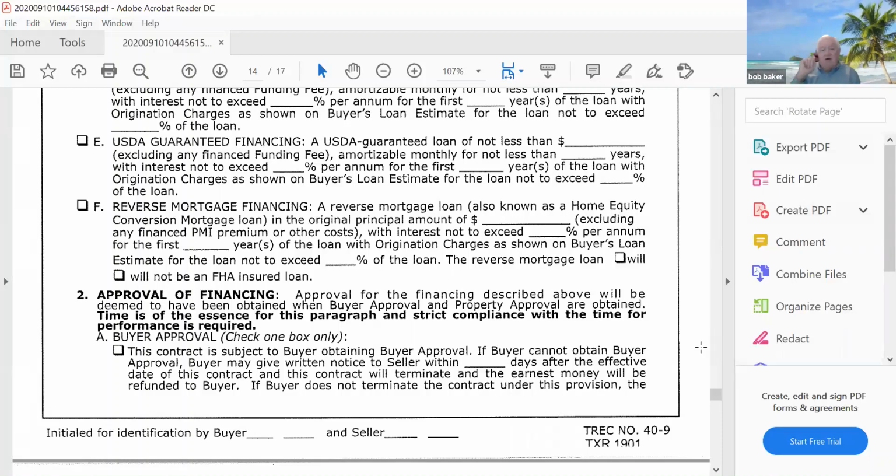The more time you have in paragraph 2A, the better it is for the buyer from a standpoint of being able to still have that right, that contingency, and that right of termination. Having said that, if you have too much time here, that really clouds the offer. A good listing agent and a seller looking at this say, wow, they gave us a pre-qualification letter. They've told us how great the buyer is, and they need 35 days for buyer approval. Wow. Is there something tricky going on here? Something we don't know about? There's something we should worry about? No, what's really happening here? And so when you've got a long time frame there,